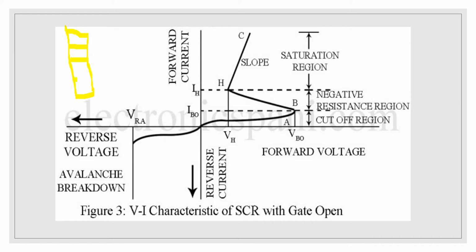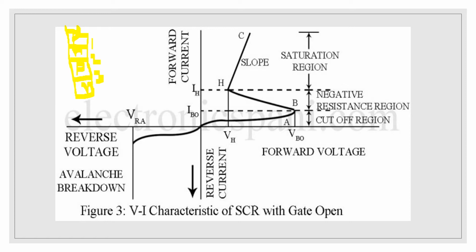Here we have got P, here we have got N, then P, then N, and then we have got three junctions. One is called junction J1, then junction J2, then junction J3. We have got three junctions. So initially when